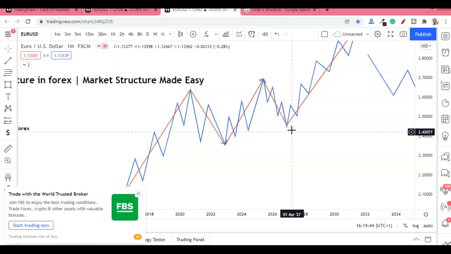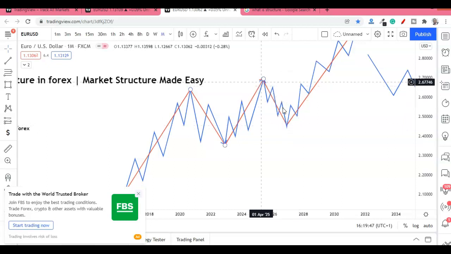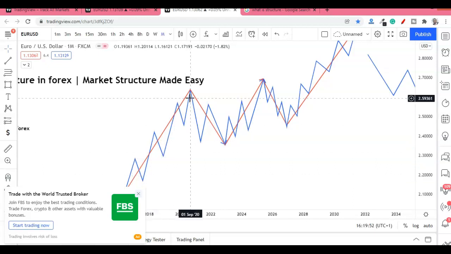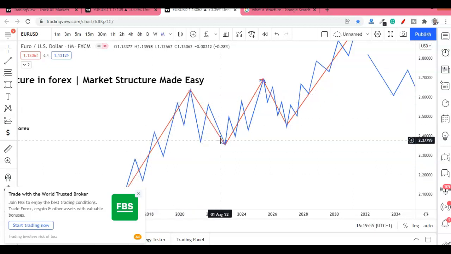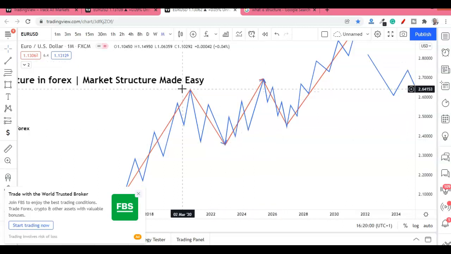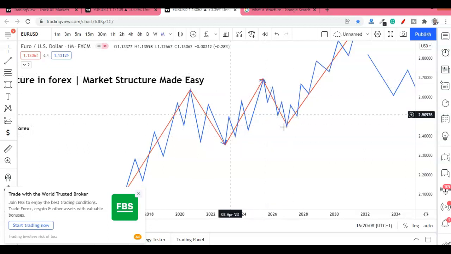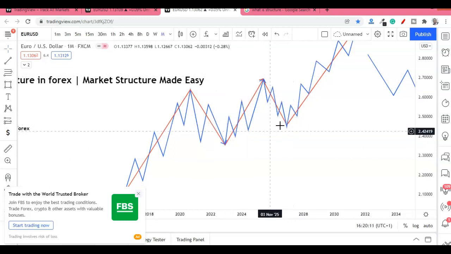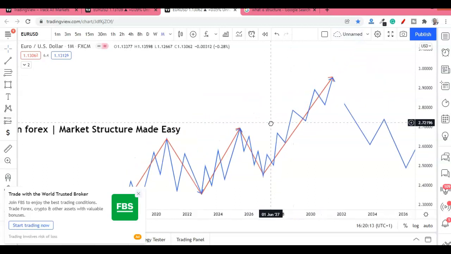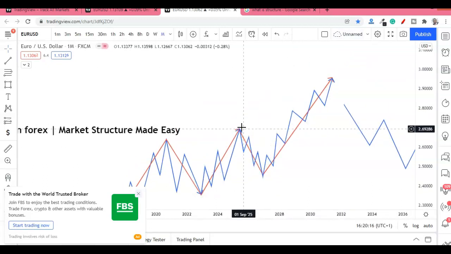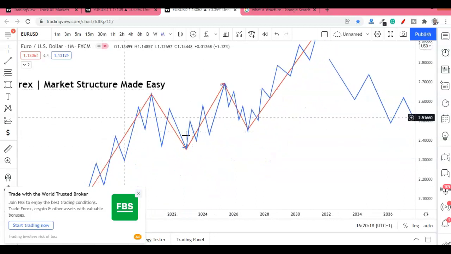Then a retracement down, which is also called a correction. The move up is called an impulse move. The move down here is called a correction in a bullish market. The impulse move usually breaks structure, breaking the previous high, while the correction just retraces to a point of interest where we can decide to take the trade upward. This next impulse also breaks the previous high, and so we can see that we have a valid bullish structure.